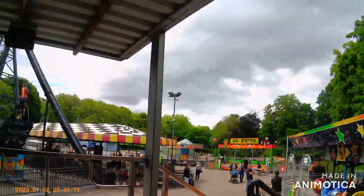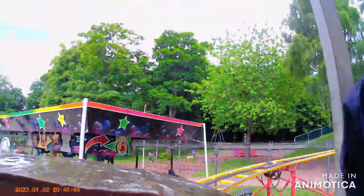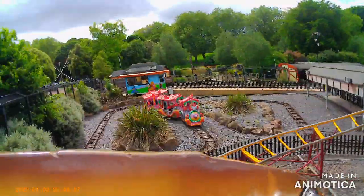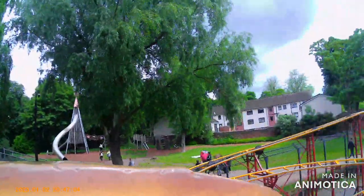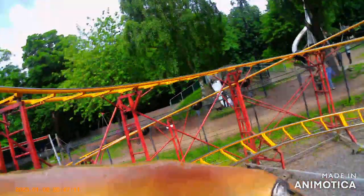Obviously the park is brand new. I might as well just slide over here because it's got some top laterals on this thing. It's a bit taller than the Matlock one. This first drop, here we go. Oh, it's got such a ride to it. Honestly, it's got a bit of force to it as well. It's a lot more rattly than the Matlock one, which is silky smooth, but...